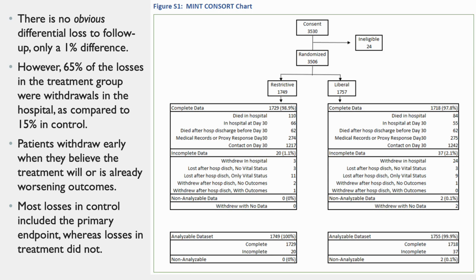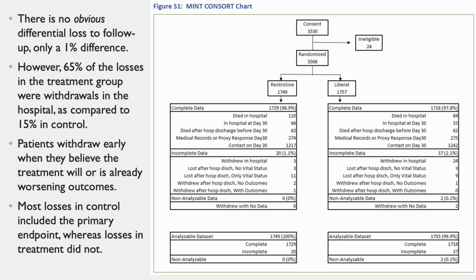Here's the CONSORT diagram for the trial, and if you look at it, it's maybe clear that there's no obvious differential loss to follow-up. There was a 1.1% loss in the control group, and there was a 2.1% loss in the liberal group. However, if you look a little bit closer at that data,